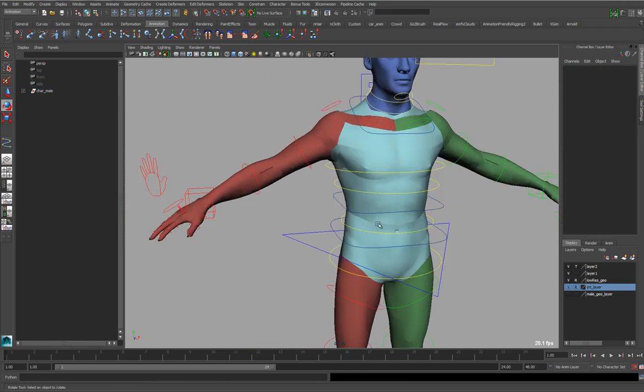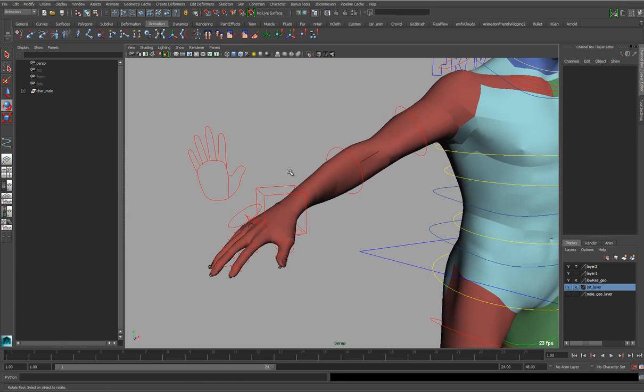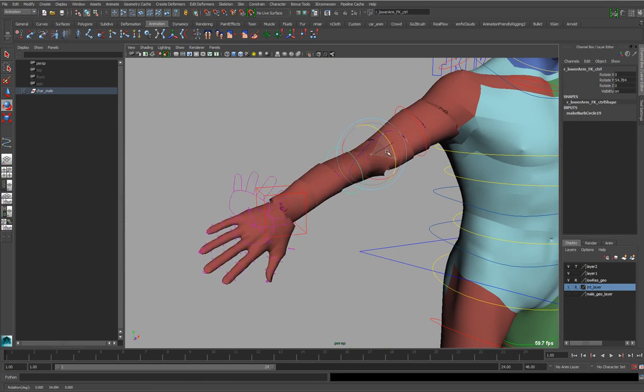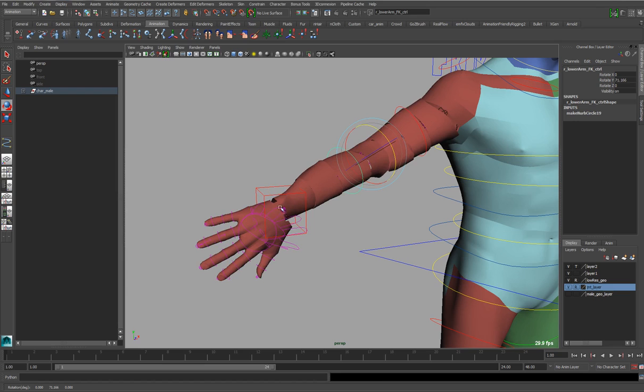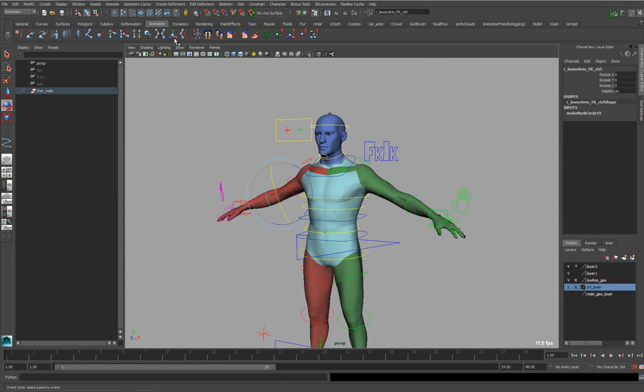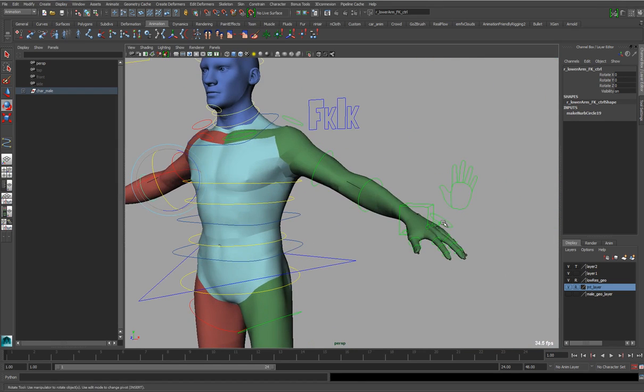Again, I've already fixed this one, but I'll show you how I did it, which was acting a bit funny when rotated from this point here. So you can see here it gets a bit iffy. So if I go to, and again I did the same thing. Instead of using the joint at the end here, I just used the control itself. So if I copy that,